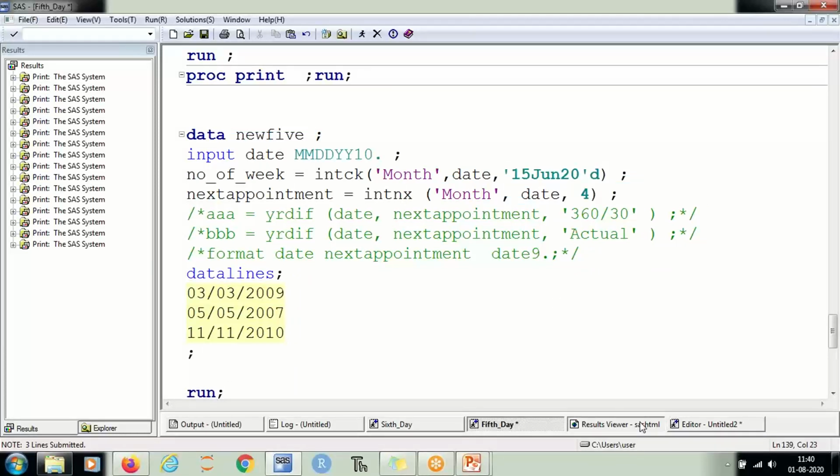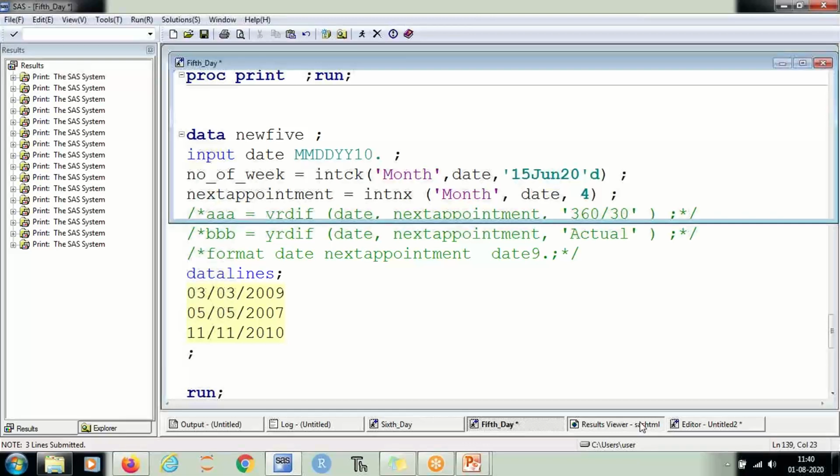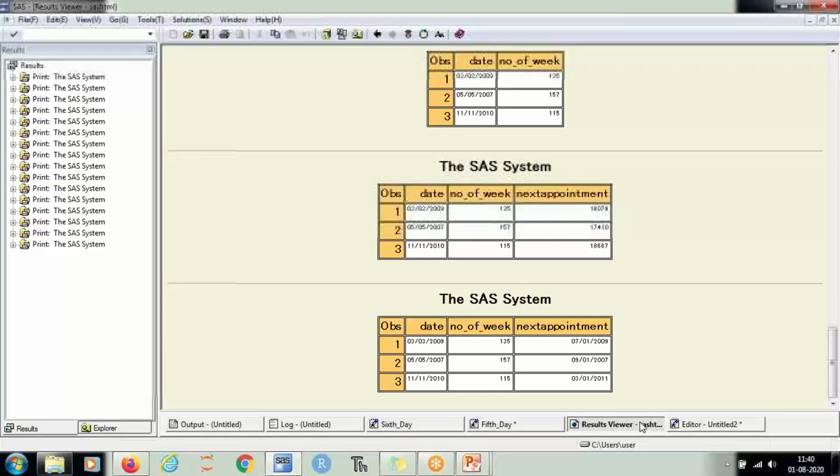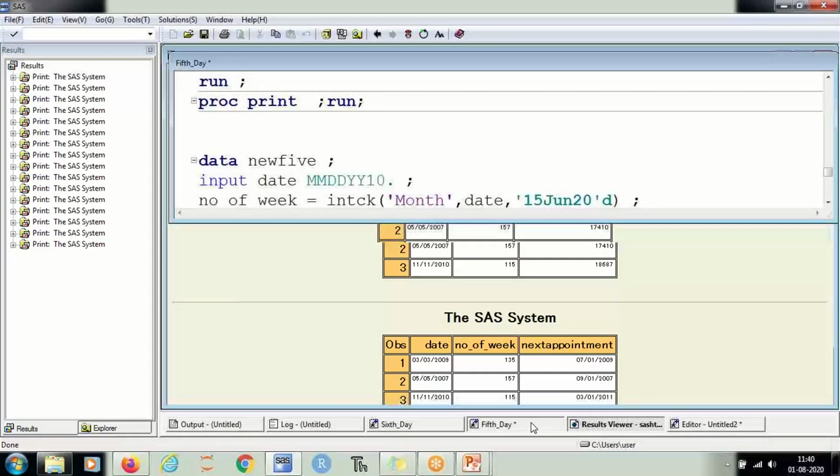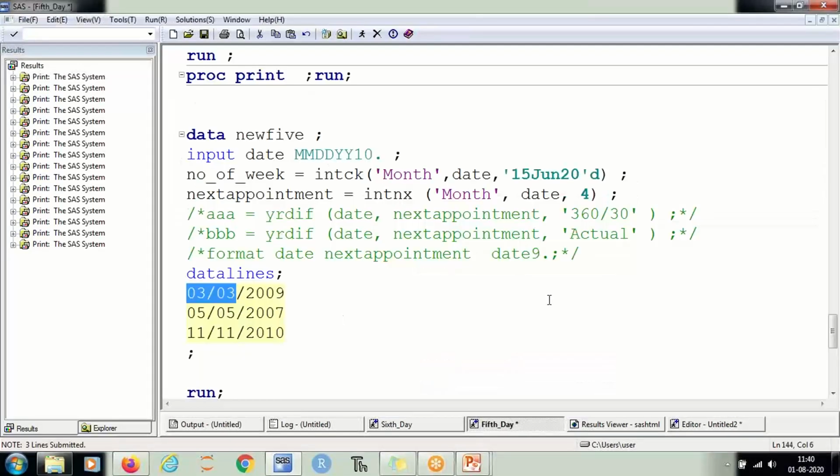But by default, do you see it is giving the first of every month? Though the date was 3/3, it was giving me 7/1, which means it is giving a day after 4 months, but it is giving me the first day of every month in all three cases.